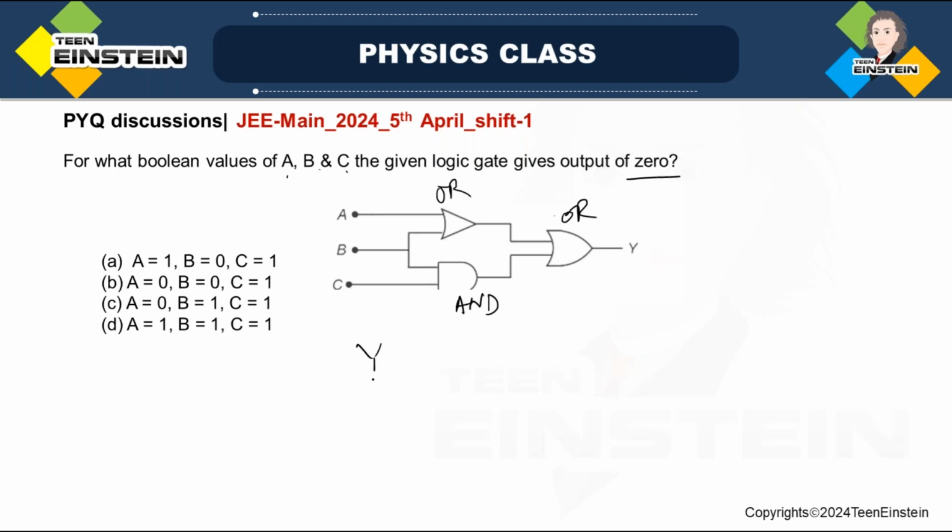Here, I get A or B. See this, it is going here. This is A or B, and this is OR again, B and C. This is what I get, isn't it? Look, one thing,